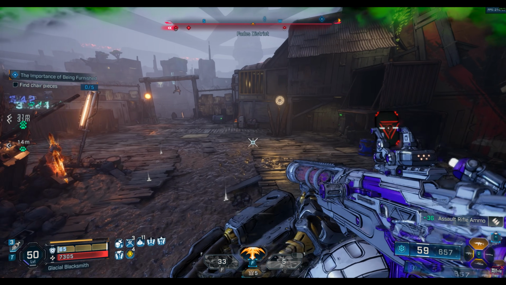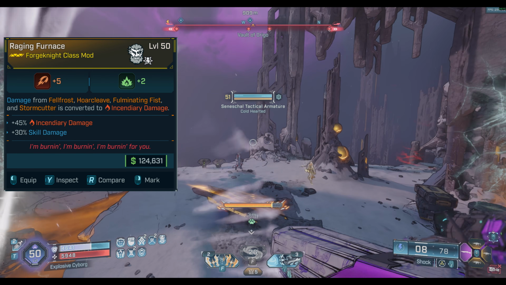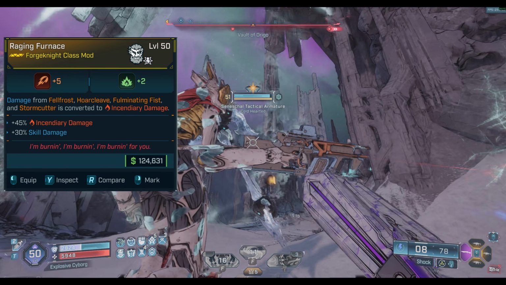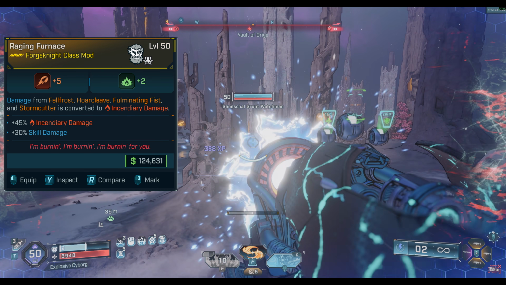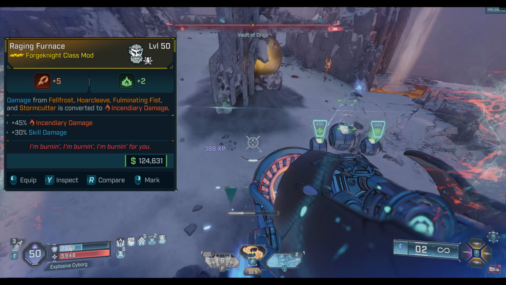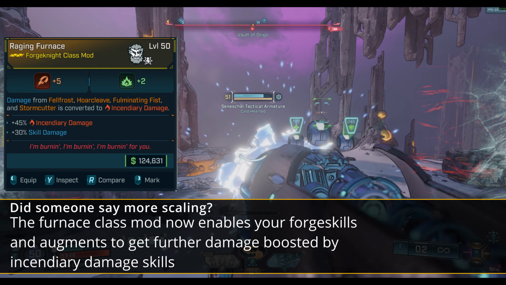The next class mod we could talk about is the Furnace class mod, which is a focus on augmenting the Onslaughter skill tree. The effect of this is fairly straightforward. By default, Fellfrost, Hawkcleave, Fulminating Fist, and Stormcutter do different elemental damage types, like Cryo and Shock. But with the Furnace class mod equipped, all the elemental damage from those capstones and augments are now converted into incendiary damage. The implication of this now means that all of the incendiary damage specific bonuses can now be applied